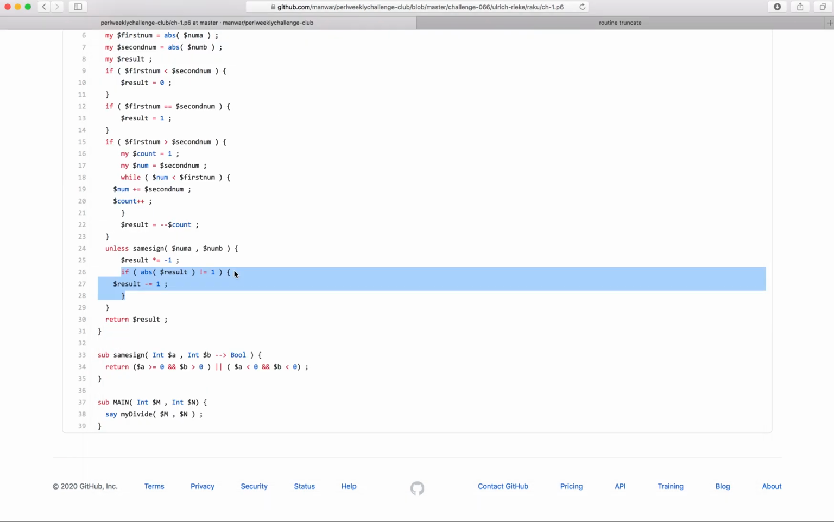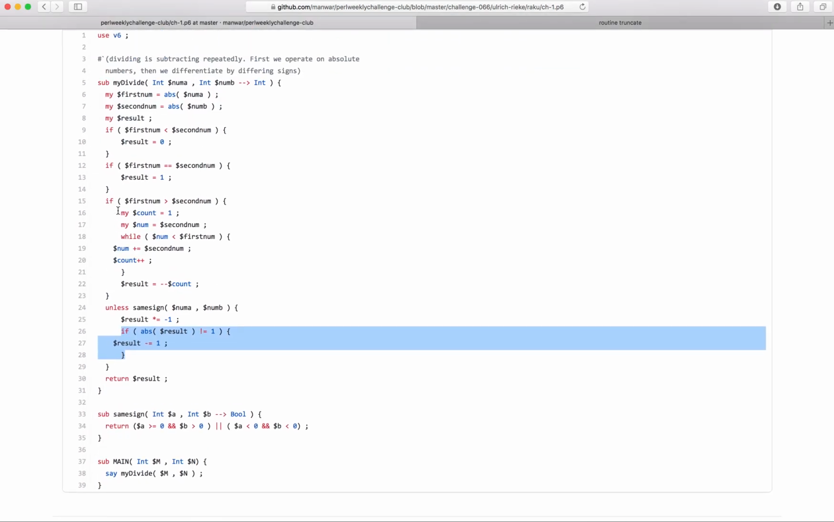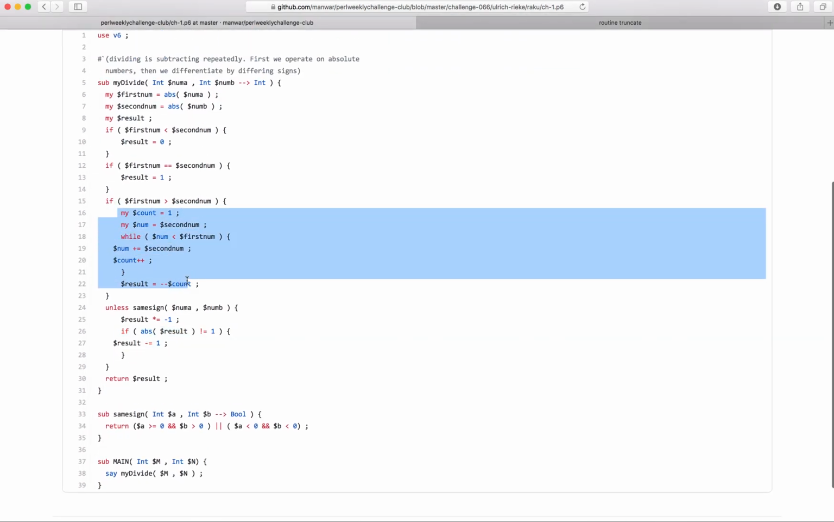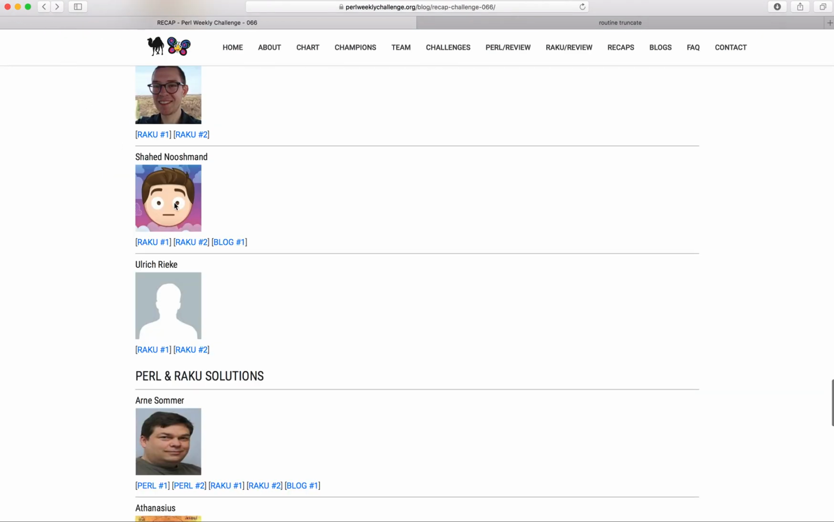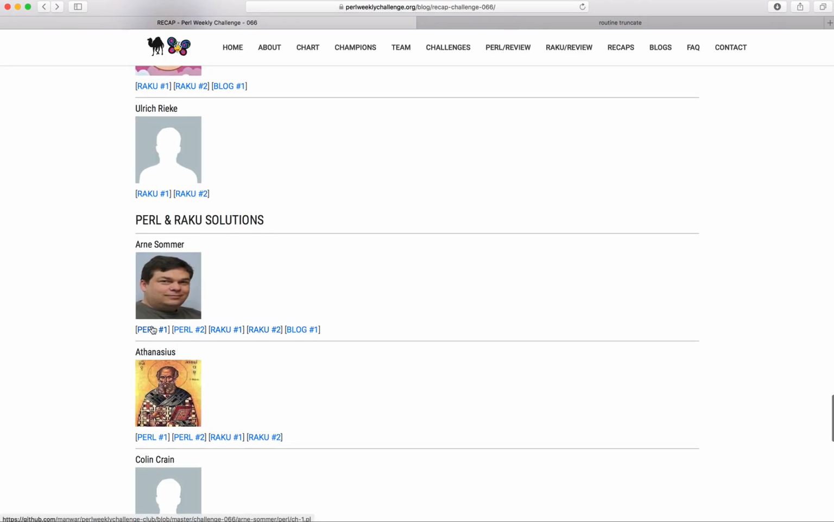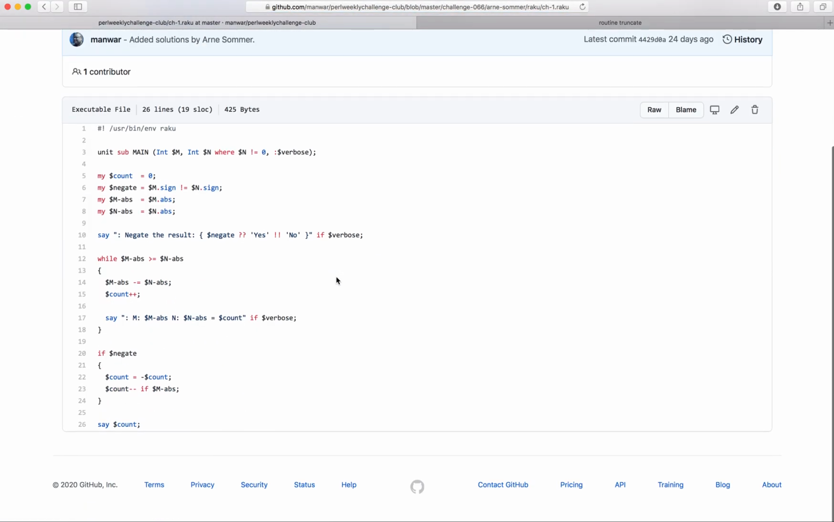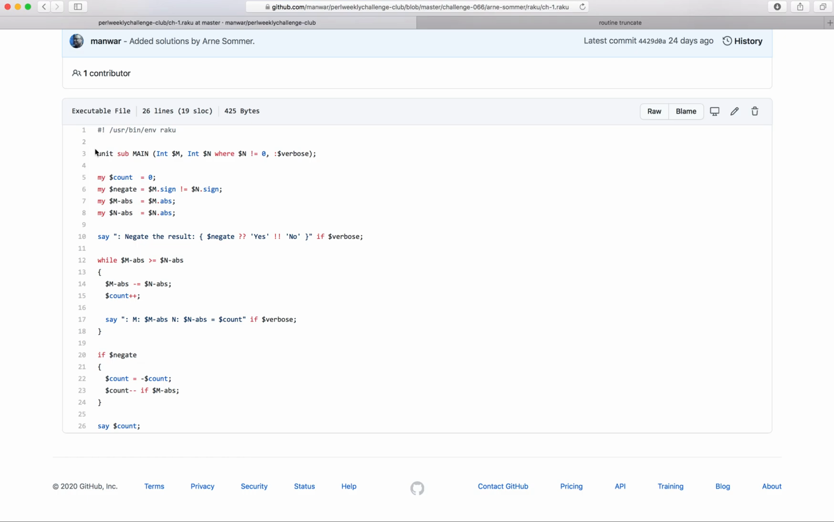Okay, never mind. But I really like this one. I like it because the person thinks differently. That's really cool. Going forward to Arne Sommer, solution number 1 of the first task, and here we have again